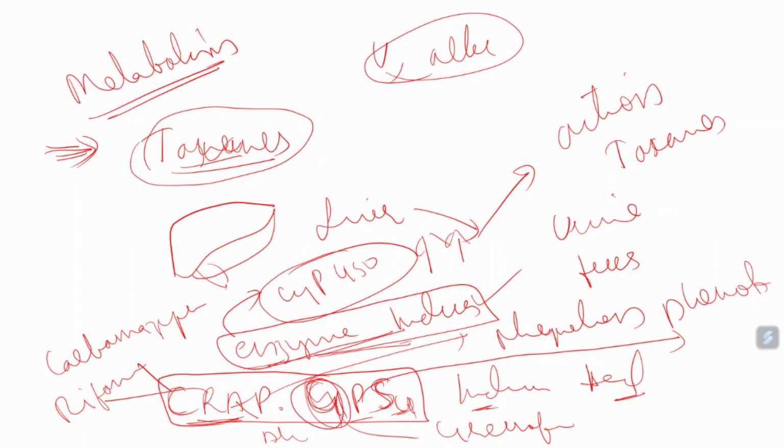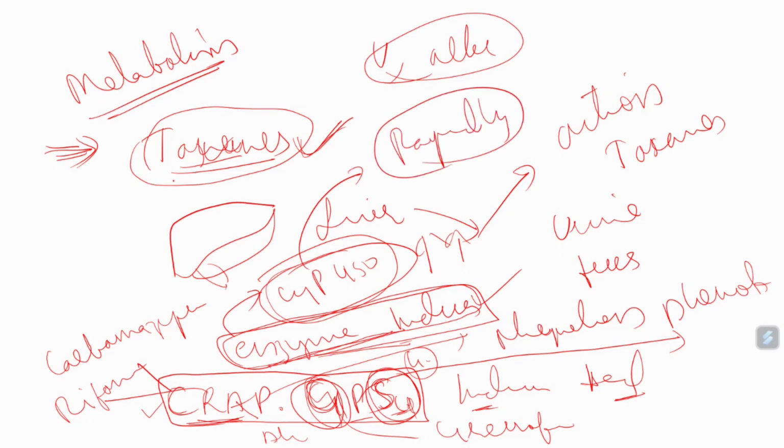Phenobarbital, again a sedative, a benzodiazepine and an anti-epileptic drug. And sulfonylureas are very, very commonly used. Here you have to remember, particularly first generation sulfonylureas. So when taxanes are used along with these, carbamazepine and the other drugs are enzyme inducers. When these drugs are given along with taxanes, they will induce cytochrome P450 enzymes, and immediately all the taxanes will be metabolized rapidly. And due to rapid metabolism of taxanes, it will stop the